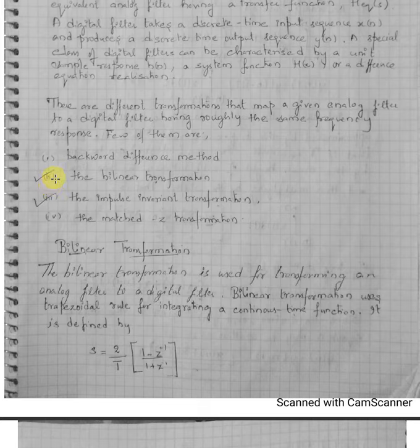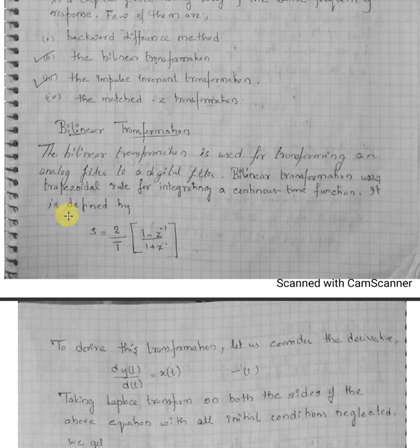Okay, now in bilinear transformation, this is the main thing here. Whatever s you have, that s will be substituted by this particular formula. And how did we get this? Okay, so we make use of a trapezoidal rule here. Trapezoidal, we are going to integrate a derivative between two different ranges, and we are going to apply a trapezoidal rule. Okay, so what is that, we'll see.